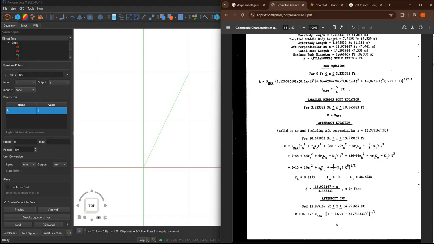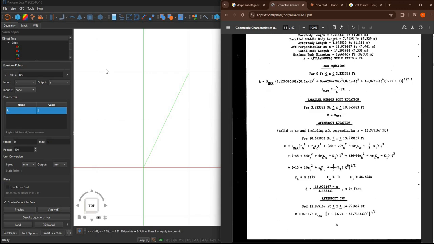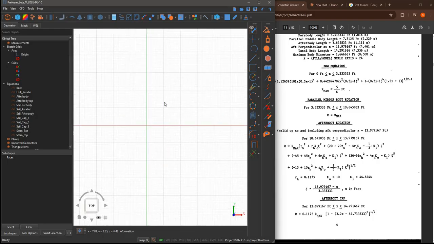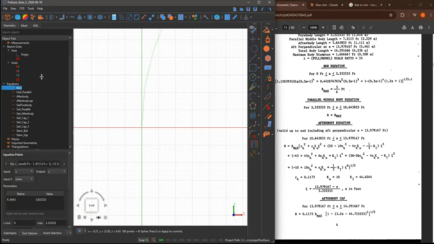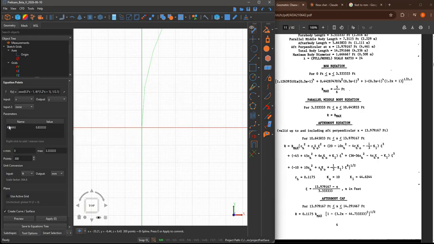This for example, Claude read that as a 9, so you need to be careful. Now if I hit escape, that will be removed. So the first thing to create is the bow equation. So if I double click on this, you will basically see everything. If I enlarge this, this is what the equation looks like. It's exactly in this format, generated by Claude, and the parameter Rmax is exactly 5-6 feet, and then you need to apply the range